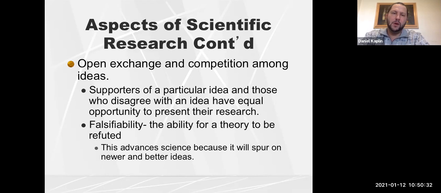talked about. So in order to have an evolution of science, you have to have an open exchange or competition of ideas. You have to be willing to find the arguments of those who disagree with you, those whose research doesn't support what you found, and give them equal opportunity to present their work. And there are many aspects of psychological science where we don't have the final verdict. For example, if we were to talk about the concept of microaggressions,